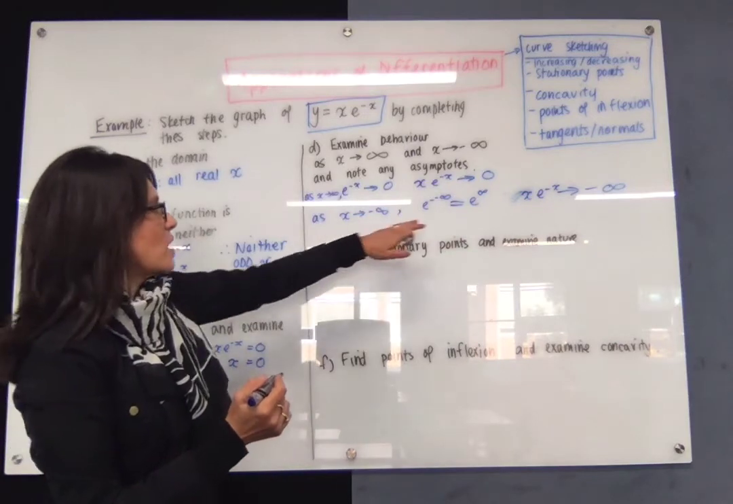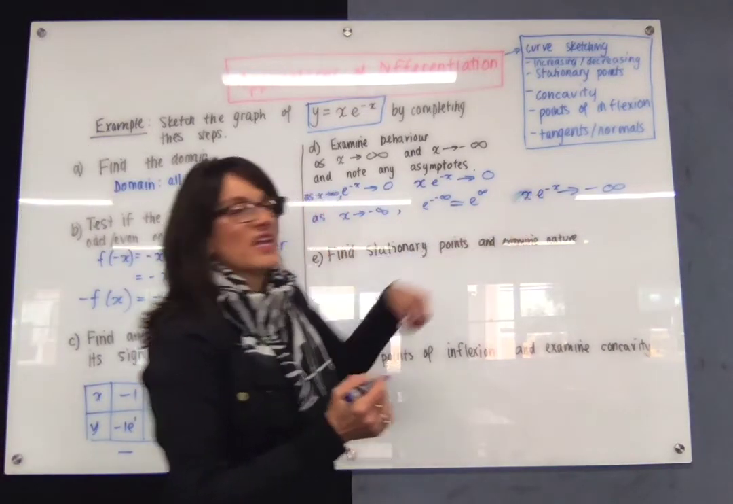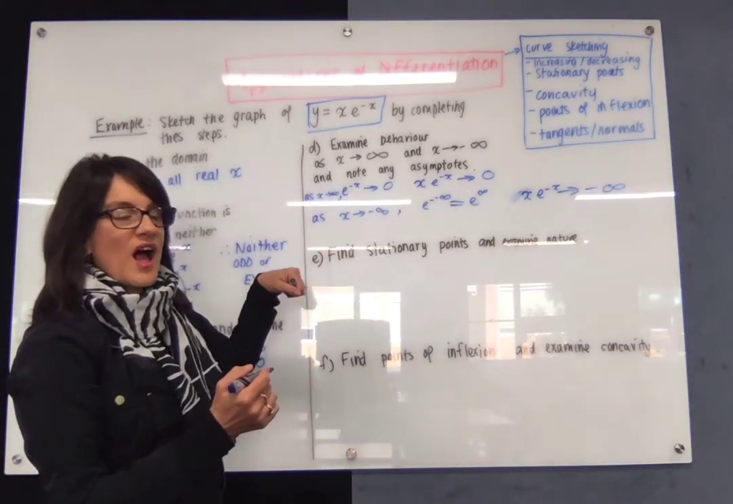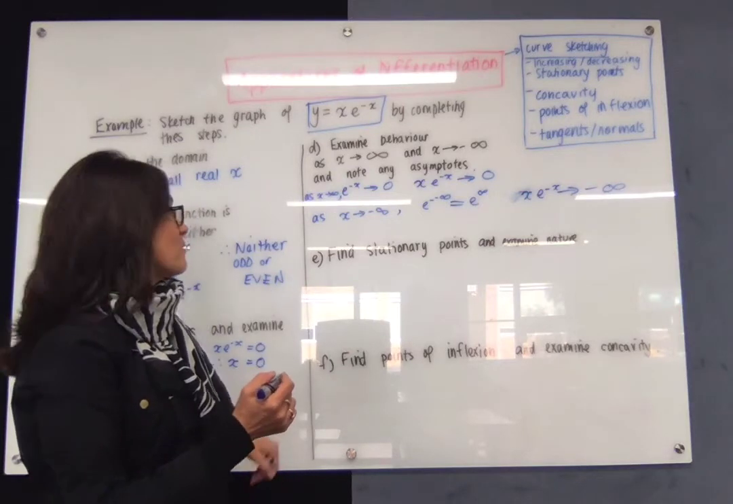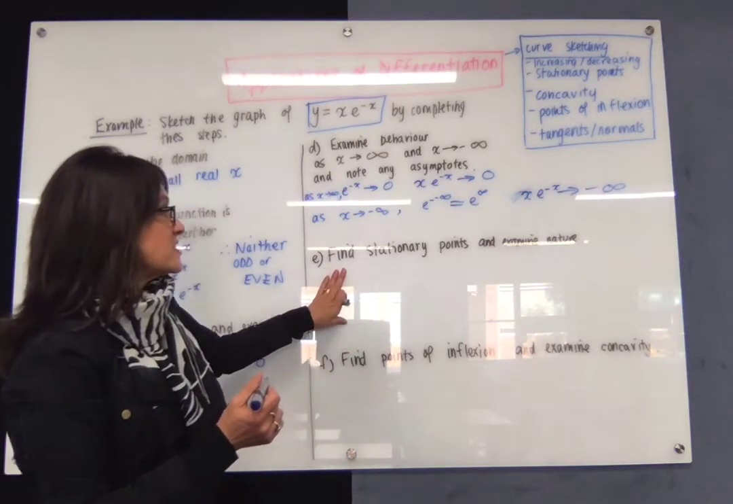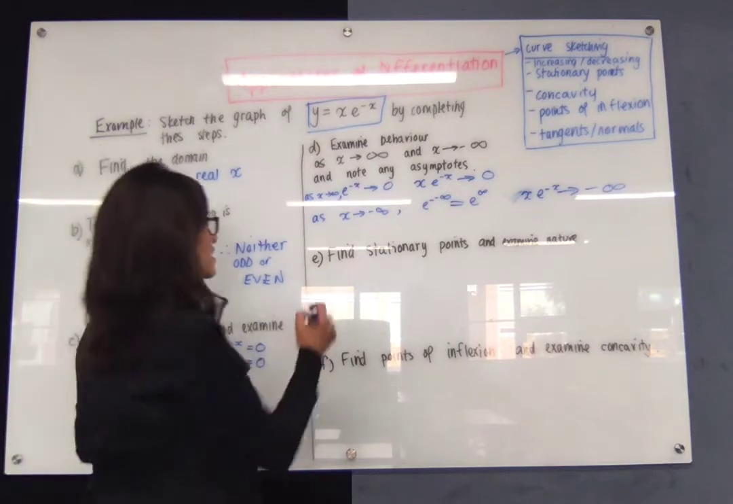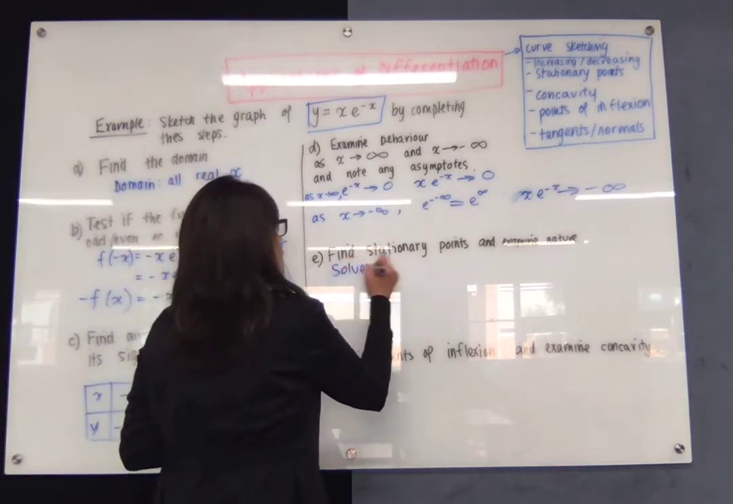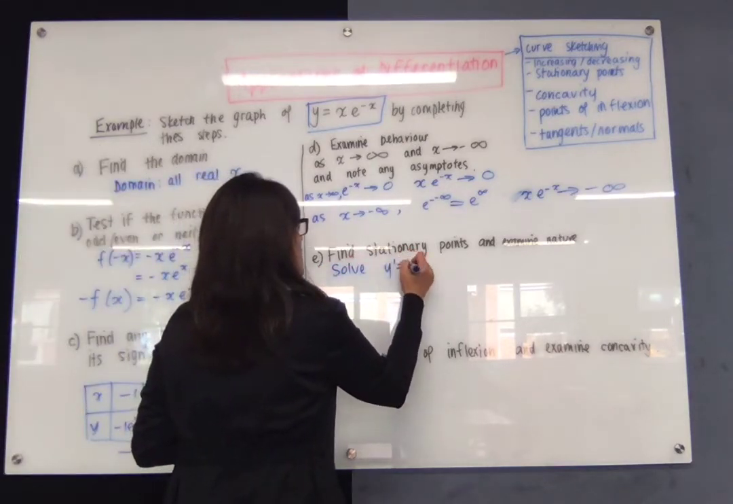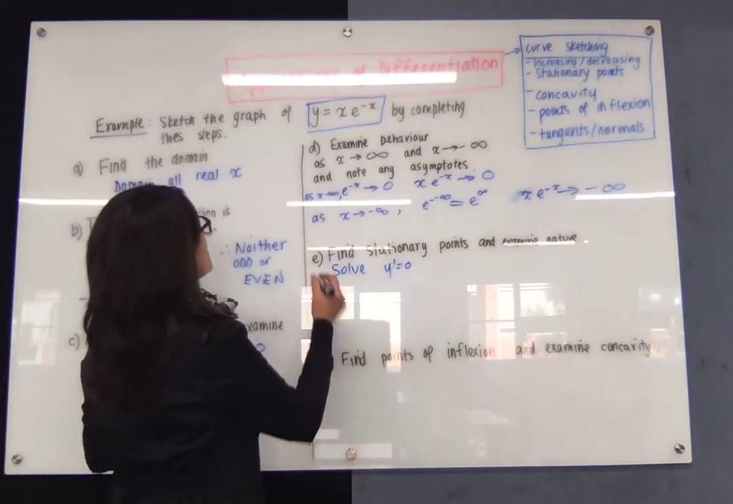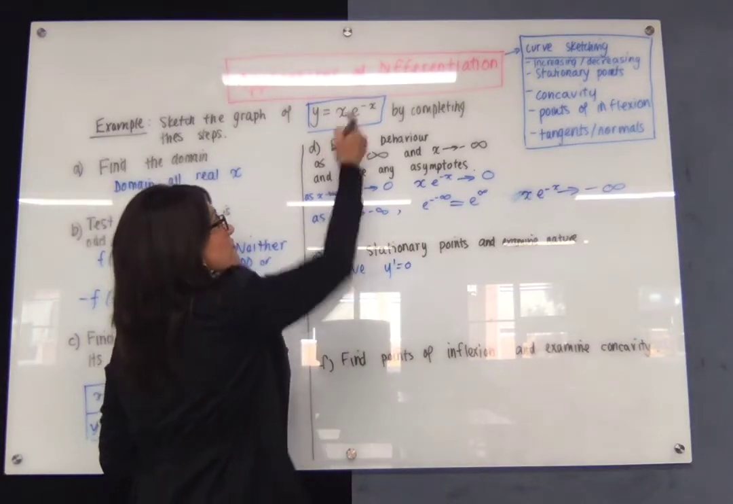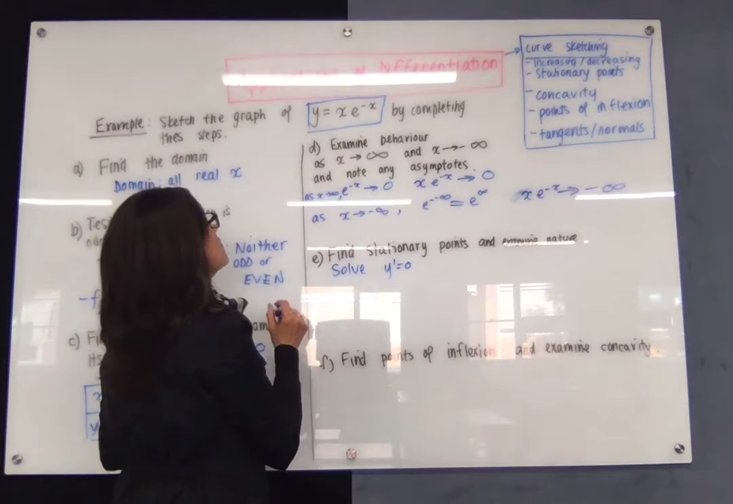Okay, this whole function here is going to approach a very large negative number. Now we want to find any stationary points and then examine their nature. So to do that, we're going to solve the first derivative equal to 0. So let's find our first derivative, and we've got two functions multiplying together, so that means we need to apply